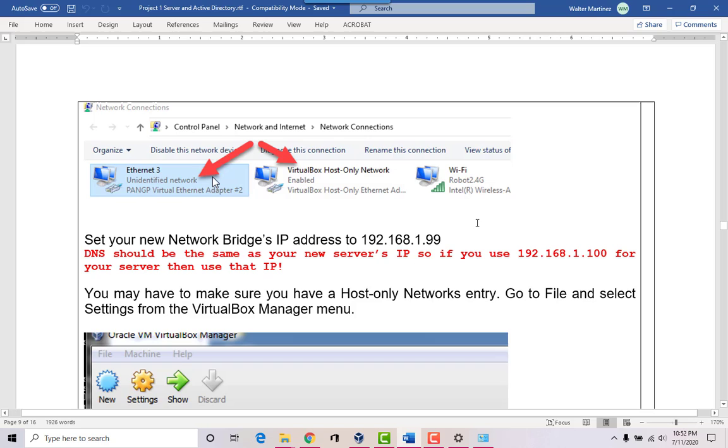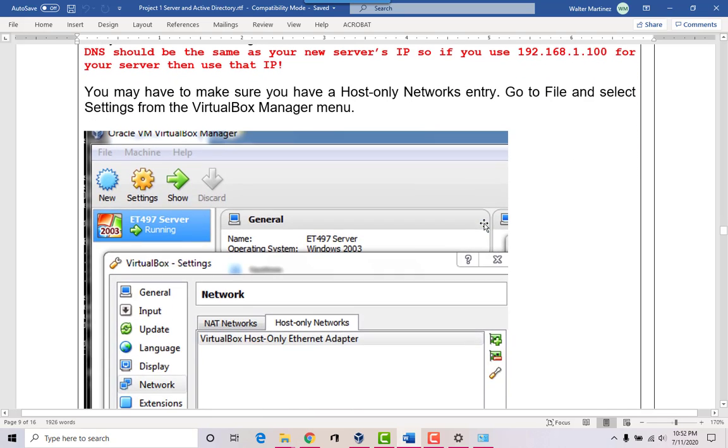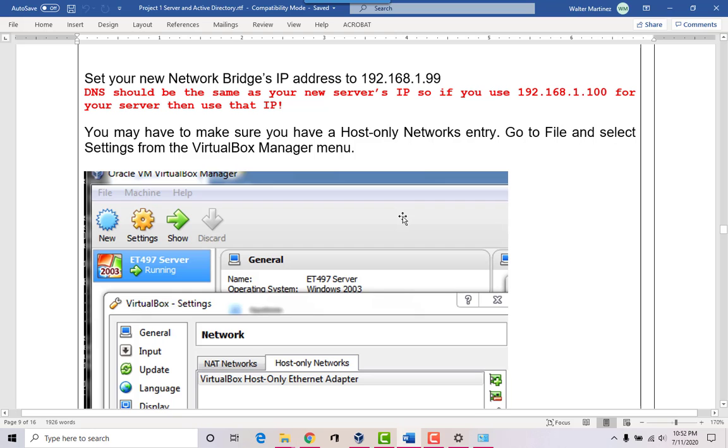Later on, we're going to be doing another virtual machine for Windows 10 and another virtual machine for Linux. So we'll be able to talk to those also because of the bridge. All right, so let's see.